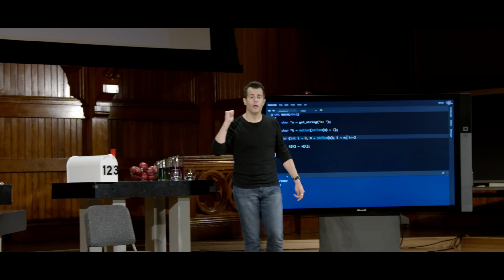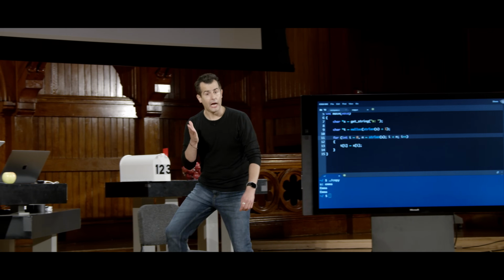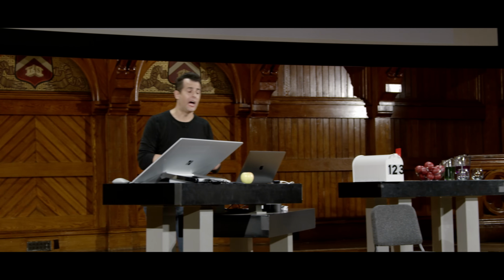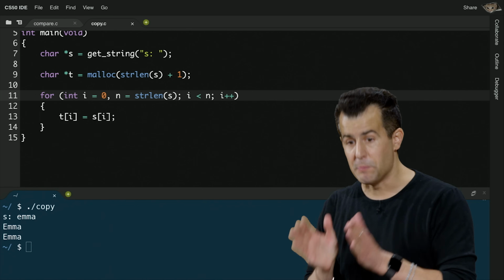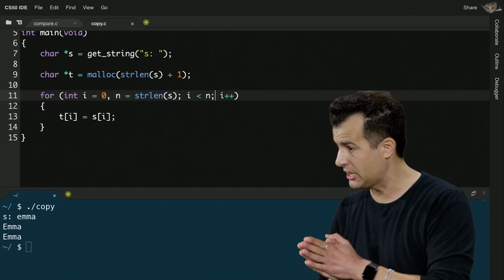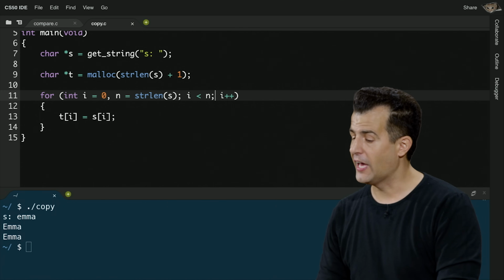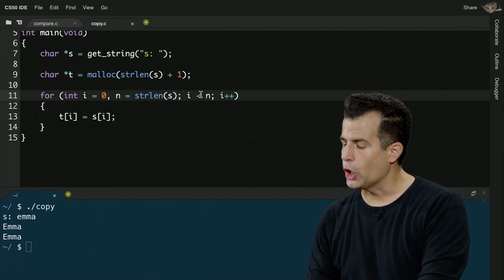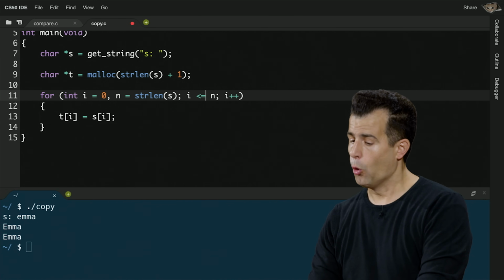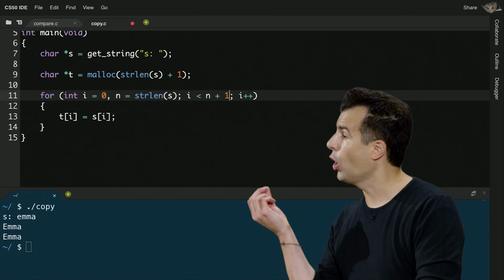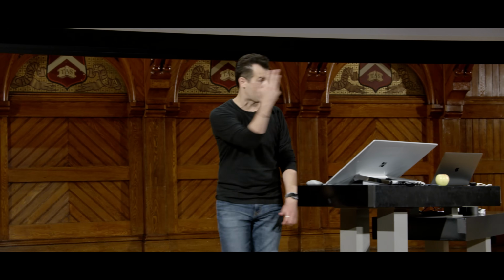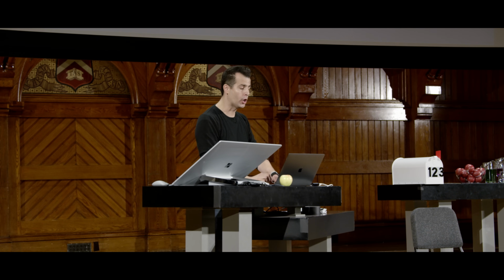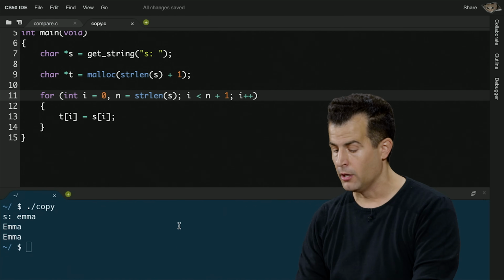How many bytes? Yeah. I'm not copying the null terminator. So every other time we've iterated over a string, this has been correct. Iterate up to the length, but not through the length of that string. But I technically do want to go one more step this time, because I also want to copy not just EMMA, which is strlen 4. EMMA is 4. I also want to do it a 5th time for the null character. So in this case, I'm deliberately going one step past where I usually want to go to make sure I copy 5 bytes for Emma, not just 4.